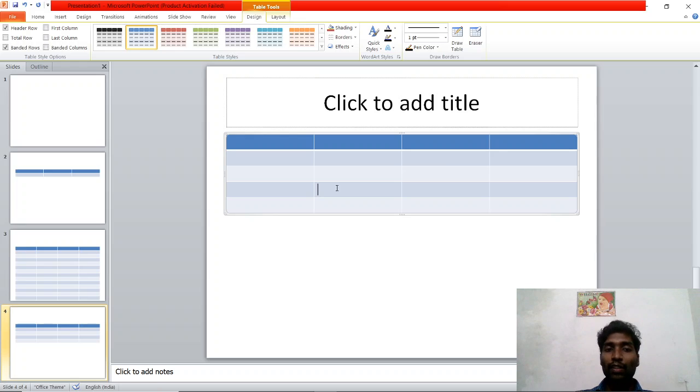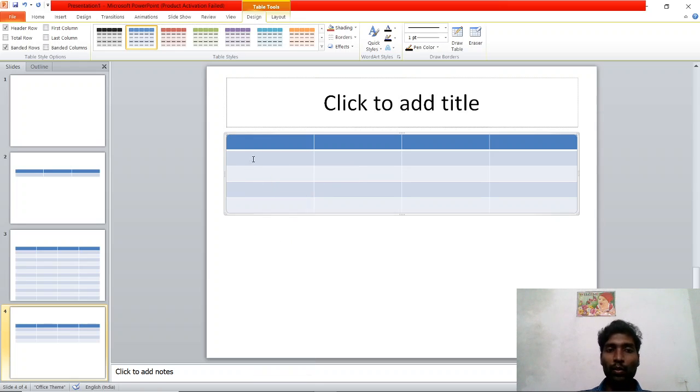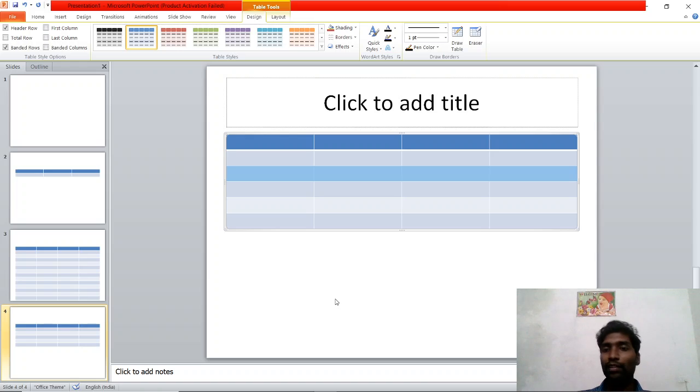Sir, I want to delete rows. Here 1, 2, 3, 4: 4 rows are there. The first row we should not count because the first row is only for heading purposes. If I want to insert a row, right click, Insert, Insert Row Above or Below.